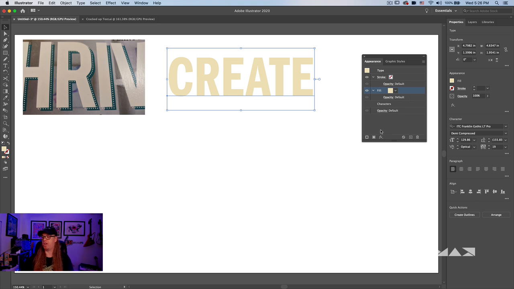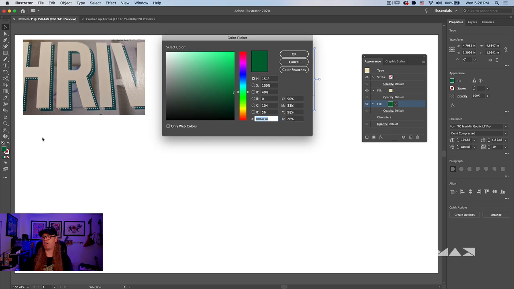So I'm going to go in here and actually choose another fill. And you can see now in the Appearance panel that we have two of these fill properties. If I go to the bottom one, I'm going to choose kind of a dark green color as an offset. So that green will get me close to start with. I'll go back into my color picker and just darken that up a bunch. Maybe go a little bit colder. Yep, that'll work for me.